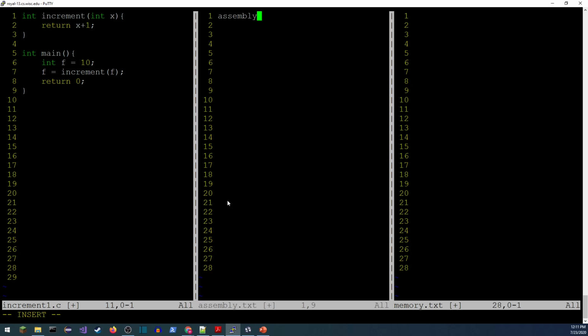So what I've got here set up, and what I'd like you guys to do, is go ahead and make an assembly file and make a memory. If you guys are just doing this on paper, that's perfect. Just take some space and figure out where you're going to do your work. What I'd like you guys to do is use this as a guided learning opportunity. So go ahead, see if you can figure out what the memory is going to look like right before this function is called.